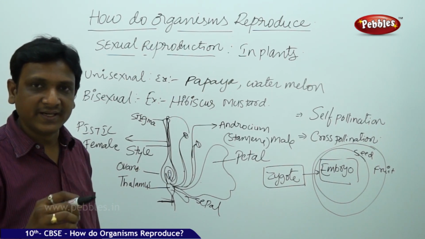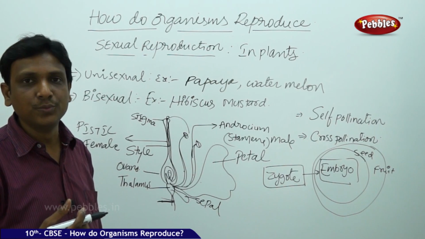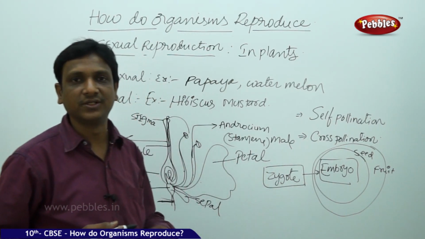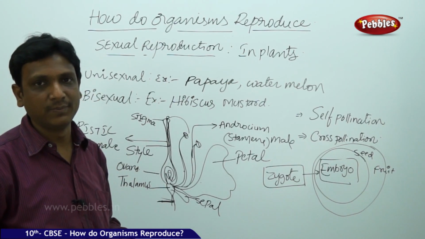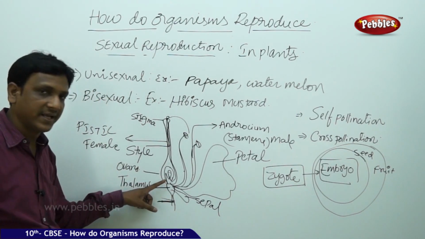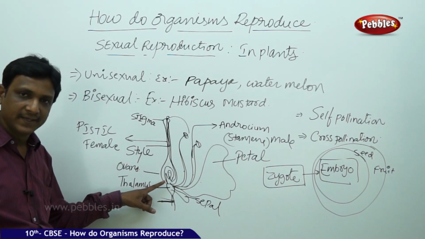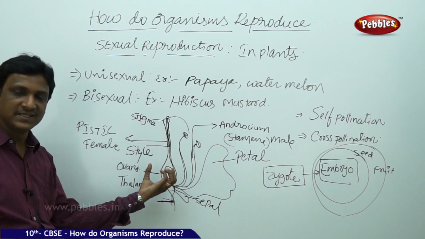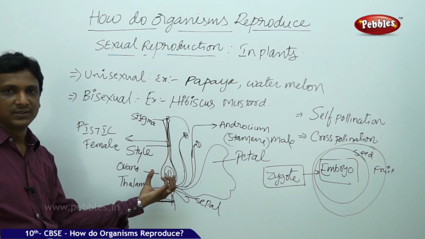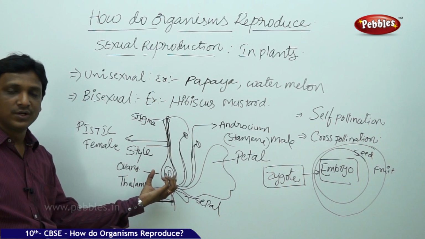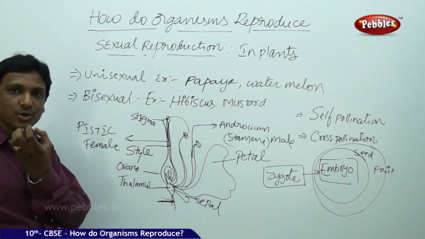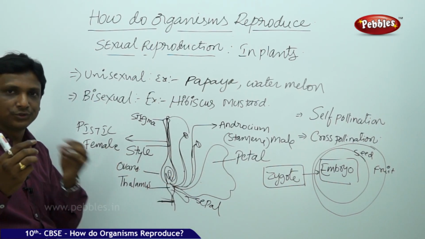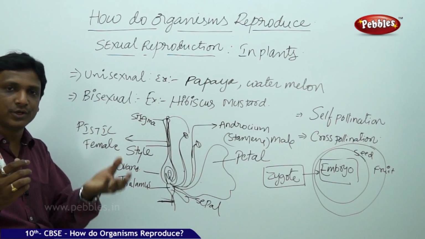Once the seed is planted, the embryo starts growing into a new plant by using the materials present inside the seed. You call it germination. That means the seed grows into a plant. So once fertilization takes place, the ovule turns into a seed and the ovary turns into a fruit. That means the flower changes to fruit. Which part of the flower changes to fruit? You are eating a fruit. Which part are you eating? The ovary of the flower has changed to fruit. You are throwing away the seeds. Which part of the flower are you throwing away?